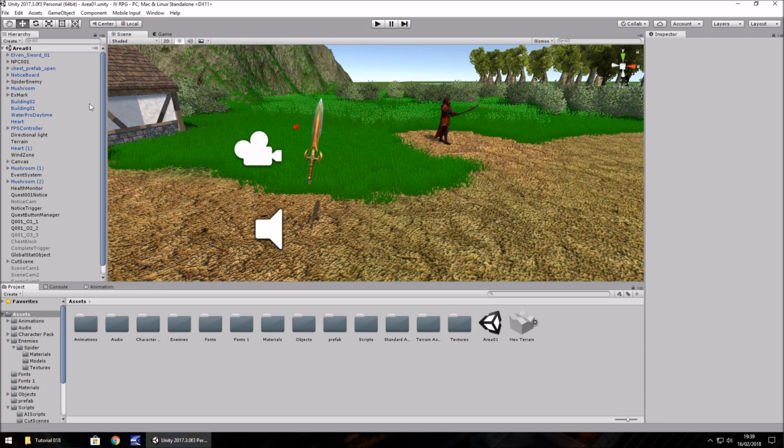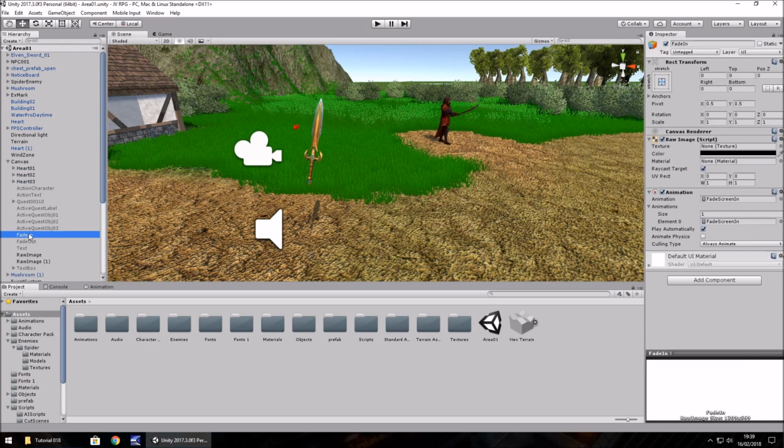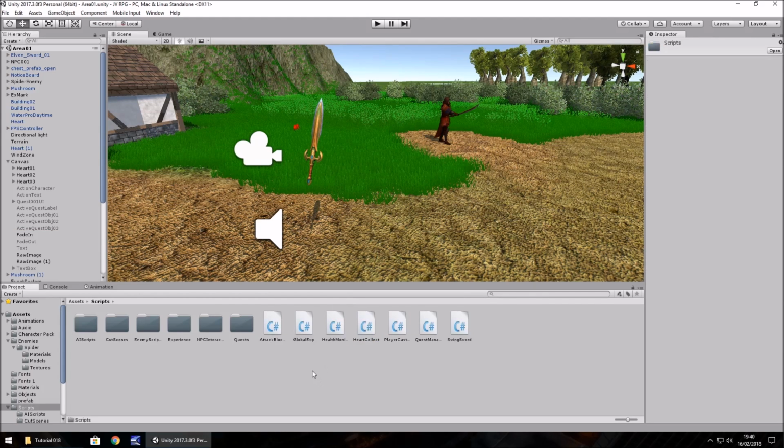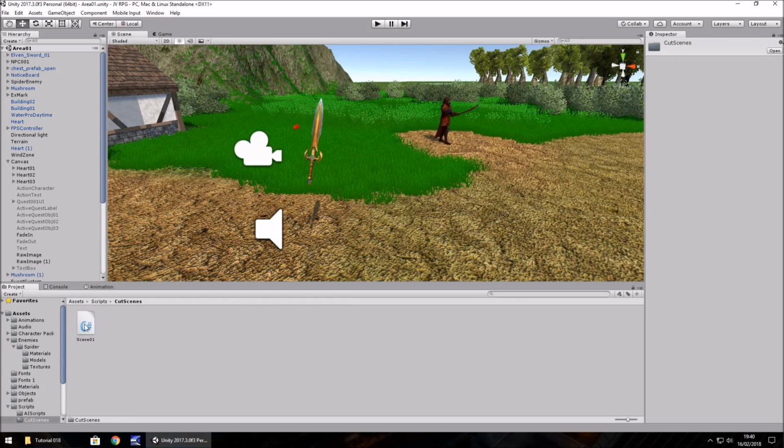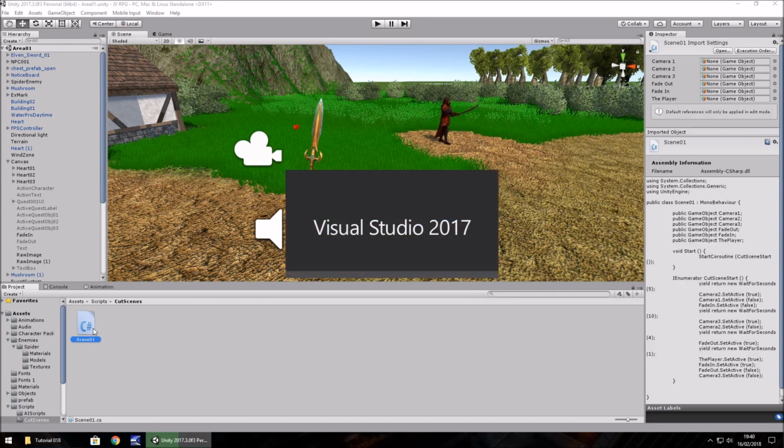So the first one I'd like to deal with is in the canvas itself, and we're going to deal with this fade in screen. Now, if we recall, when we start the game, we have the fade in screen, but we never actually turn this fade in screen off at any point. In our scripts, we have our cutscene in scene 01, and if we go into this